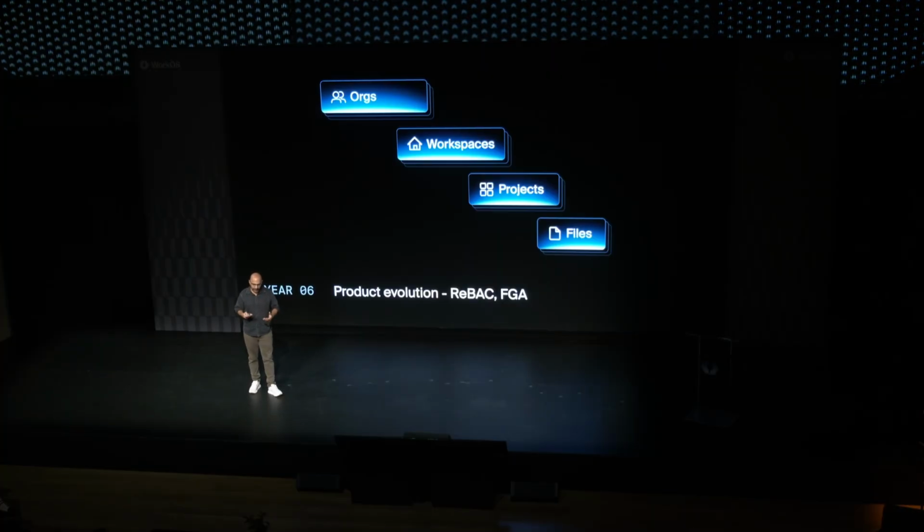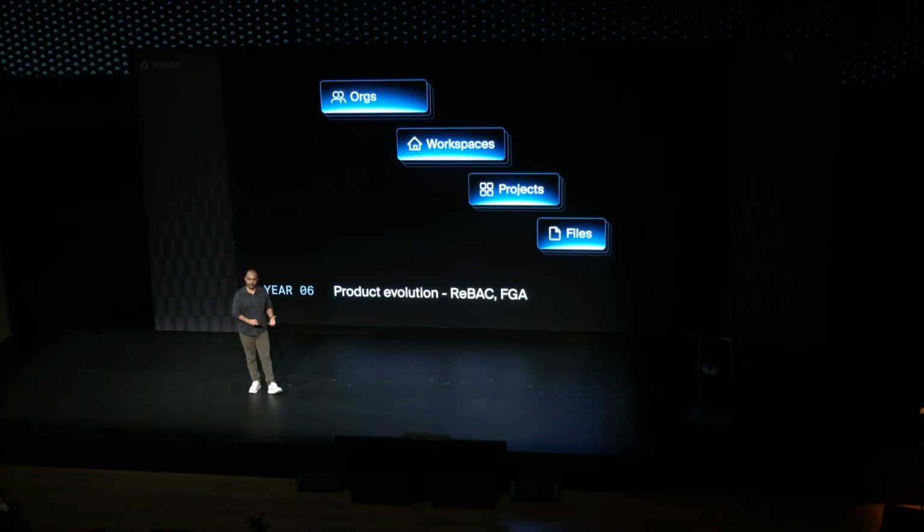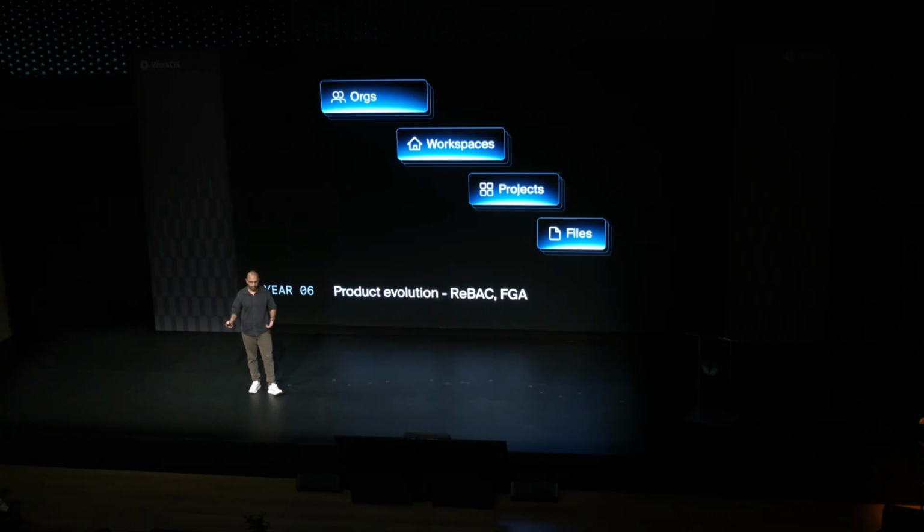So it's a really hard problem, and everything that Figma has built so far with ReBAC won't scale for this. So you pretty much have to re-architect everything by introducing new design patterns.